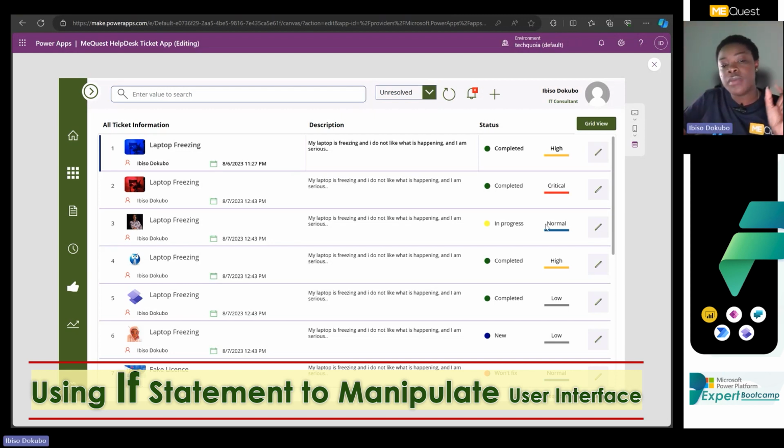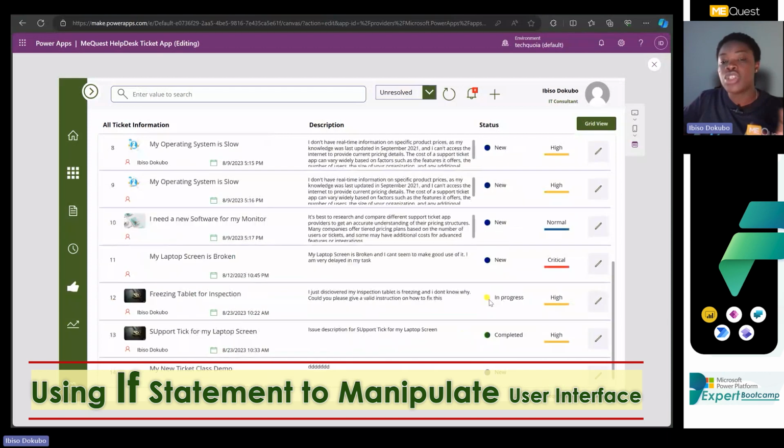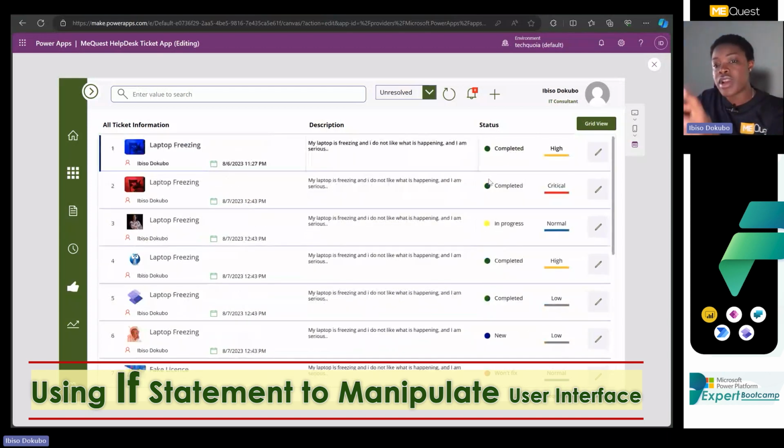If you're working with a specified color, you can put color codes, I showed us how you can put color codes the other time, but I just wrote yellow, and then it was able to give me yellow, green, this is actually dark green, then dark blue or whatever it is, and red. So how I got this is the same way you can get the priority: critical, normal, low, and all that. And it's the same way you can get every other thing you're building, based on what you actually want to build for your